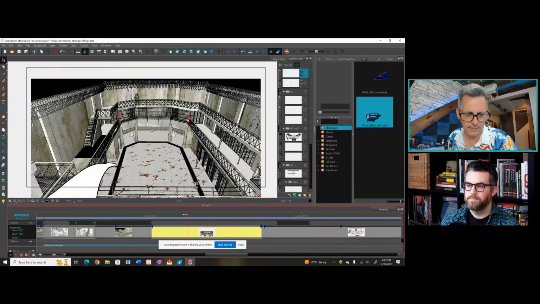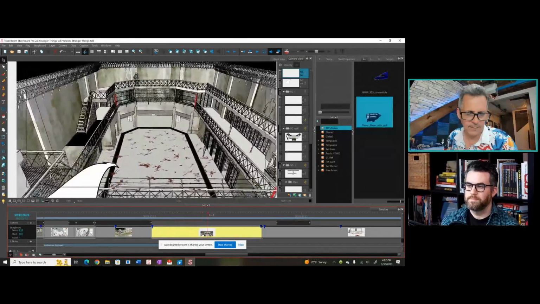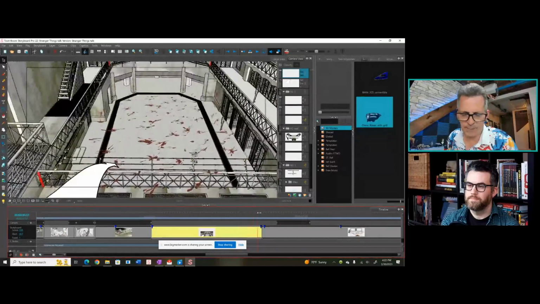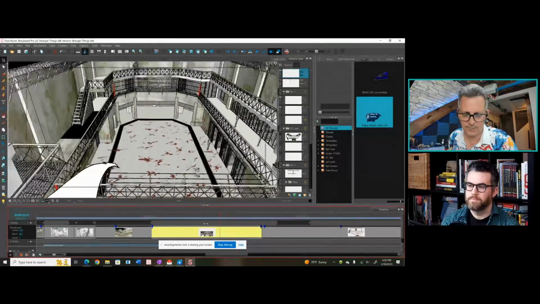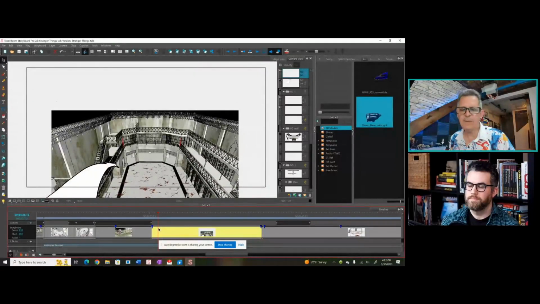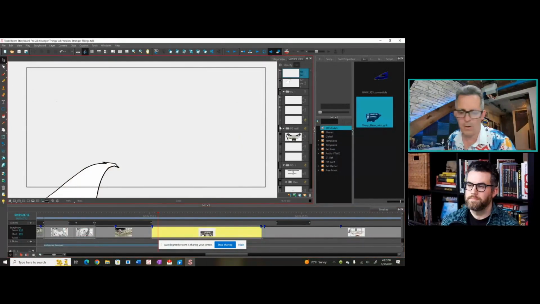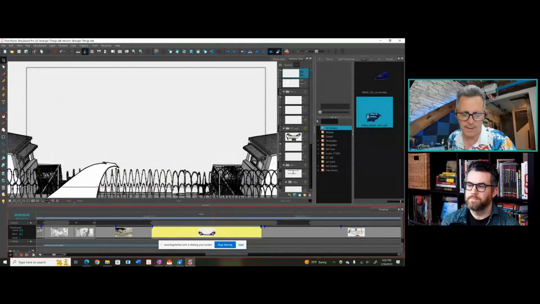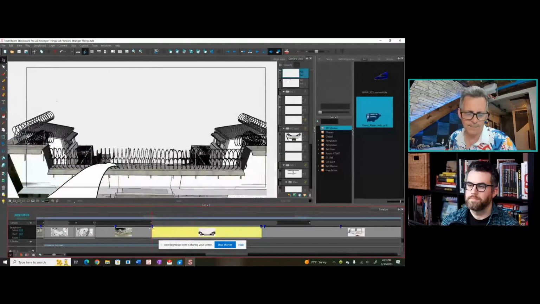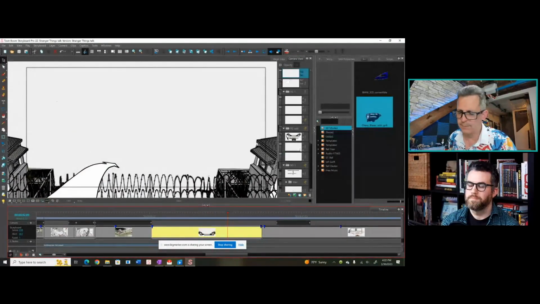And all I did was move that background up and make it bigger so it looks like we're coming up towards it. But the way to make it look like we're coming over the wall is to have the wall as a separate layer, and I move that at a different speed and at a different angle. So it looks like we're coming over it.